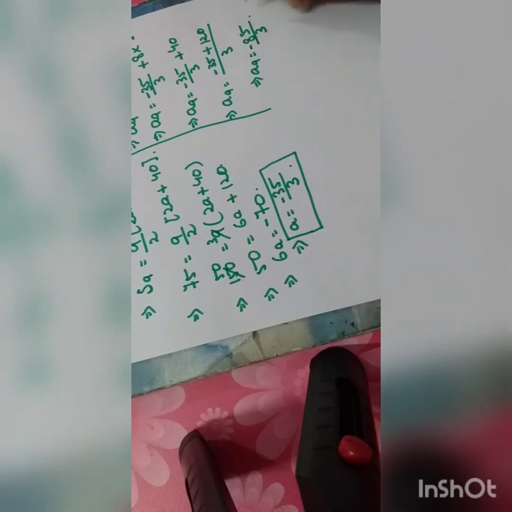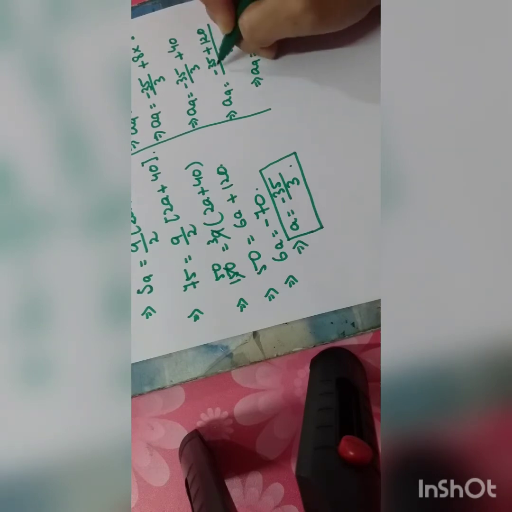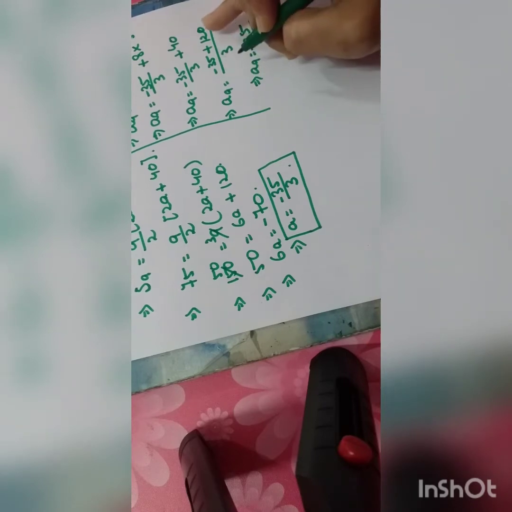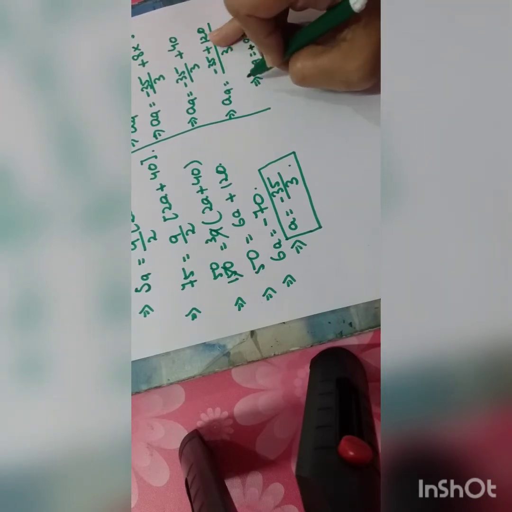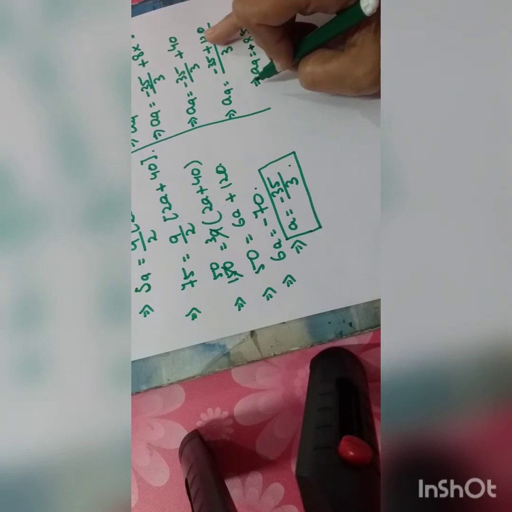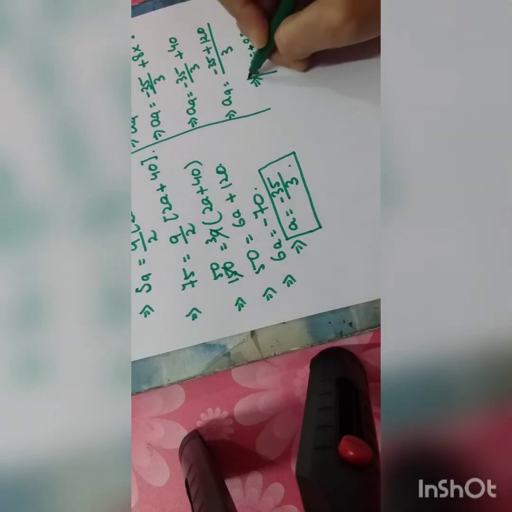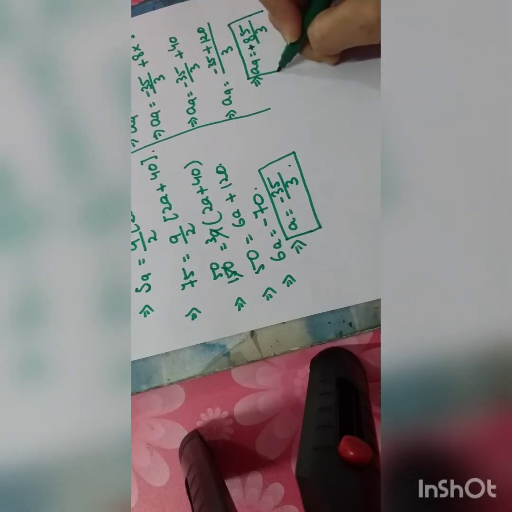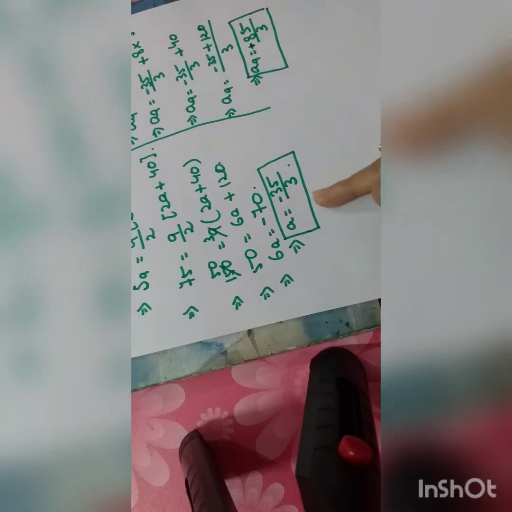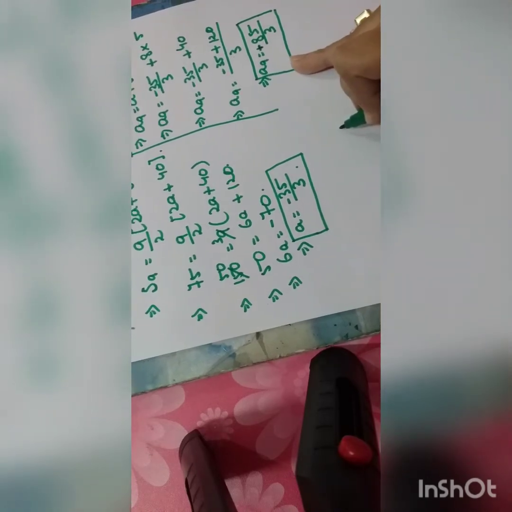Minus 85 by 3. Sorry, it will be plus 85 by 3, because the sign of the plus side is greater than the minus. In front of 120 and 35, which is greater? 120 is greater, and the sign above the greater number is positive. So the answer will be plus only. So the A9 value is plus 85 by 3. So the A value is minus 35 by 3 and the A9 value is 85 by 3. Hope you have understood till here.